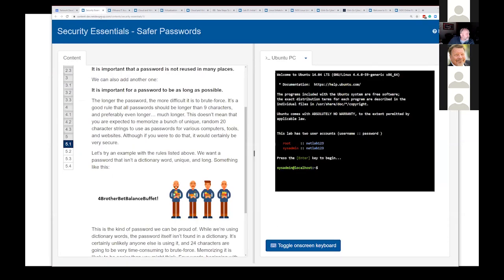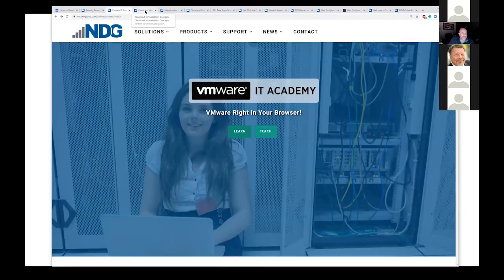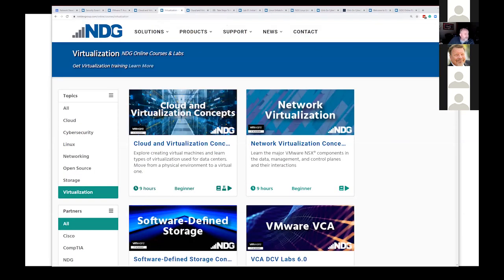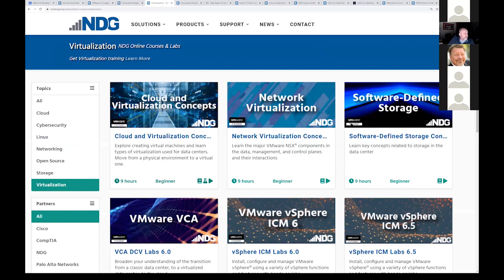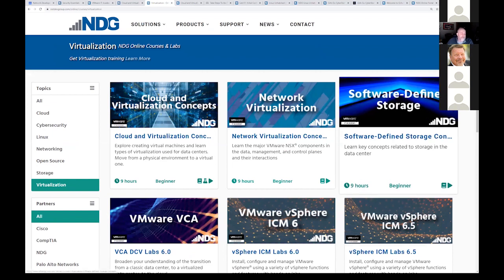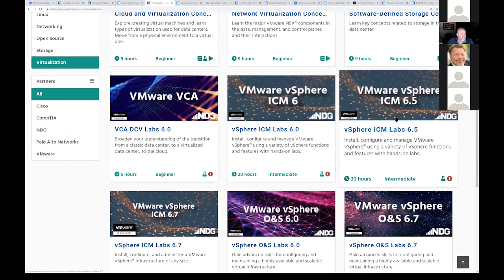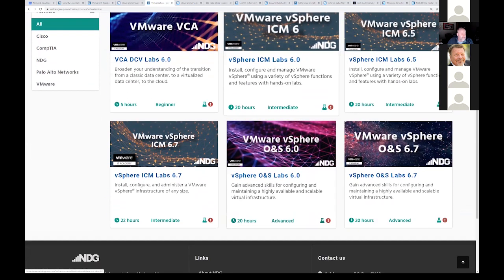All right. I covered the password module. I shared the VMware site and the VMware courses, just going through to make sure I covered everything. I don't know if I gave you the detail of an online portal. Sean wanted me to share with you that many things you do in NetLab, if you don't have a NetLab system, you can use from us as a service.